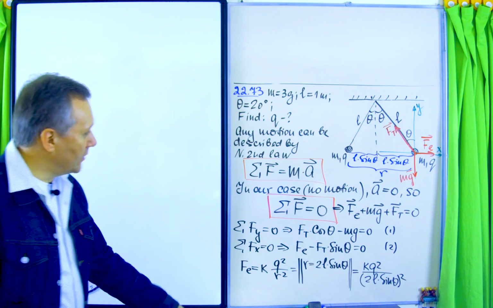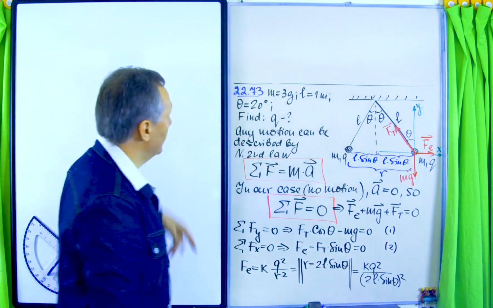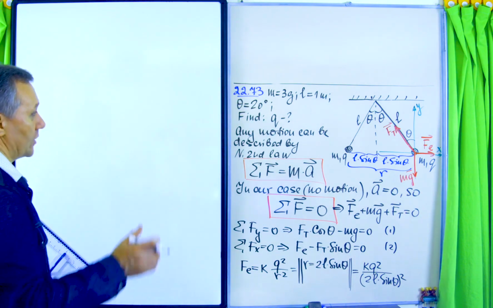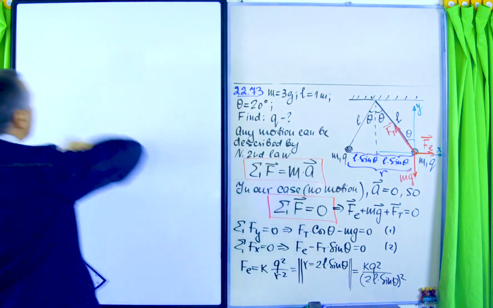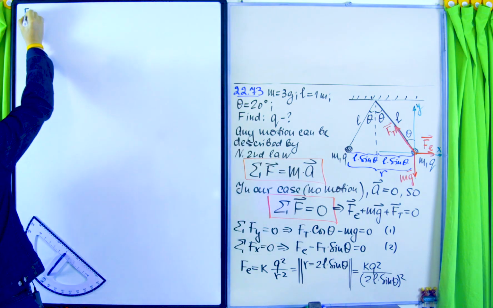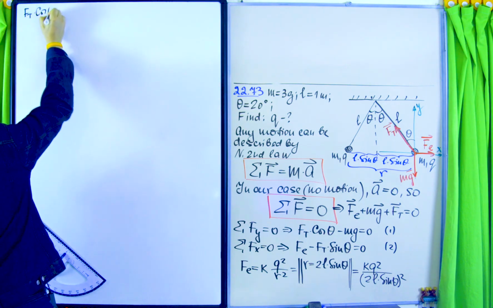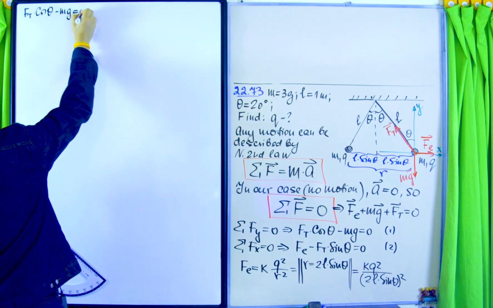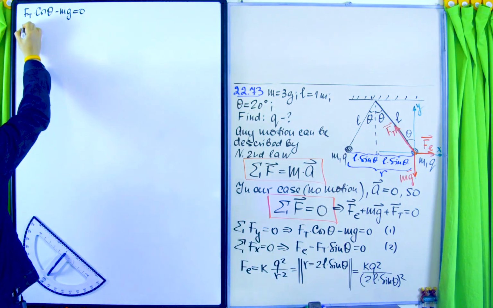So now let me rewrite these equations with this expression for the electric force. The first equation I will rewrite without any changes: Ft cosine theta minus mg equals 0. And in the second equation, of course, I will use what we just got: k Q squared over